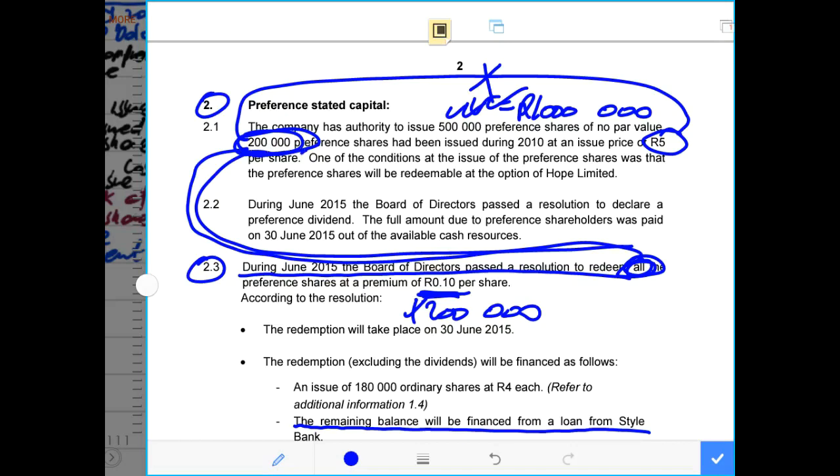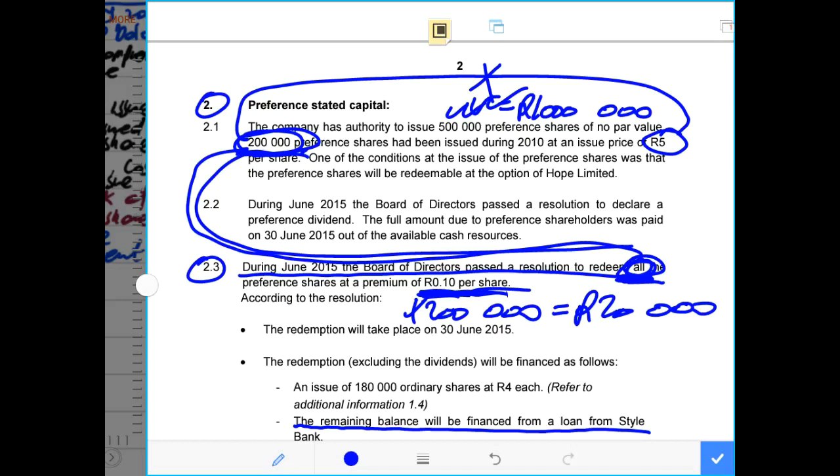You can never redeem something that you never issued. You only redeem what you have issued. So in this case, we redeem all that was issued, not all that was authorized. All the shares that were issued, which is 200,000, must be redeemed at a premium of 10 cents per share. 200,000 times 10 cents will give us 20,000. That's where the 20,000 comes from. So now we are recording the redemption. When it comes to the premium and the capital, please don't multiply by the number of months, because the premium is not for the year, it's per share. It's 10 cents per share, not 10 cents per annum. If it was 10 cents per annum, then we would have to multiply by 6/12.